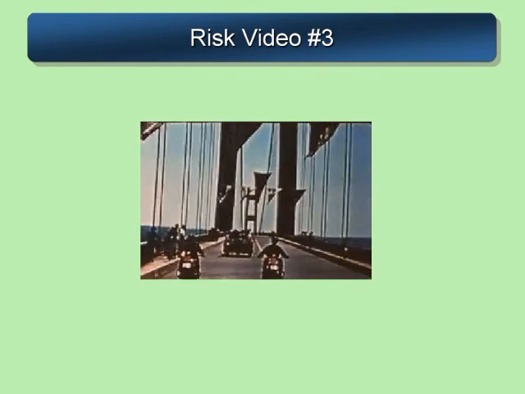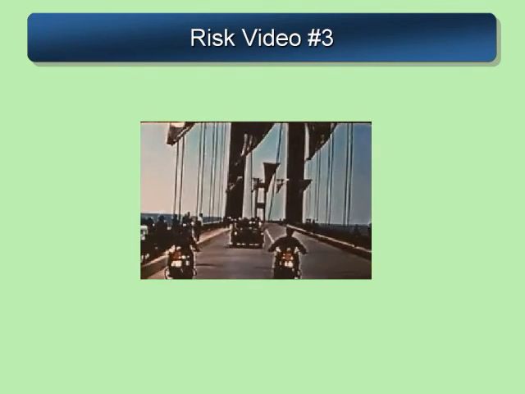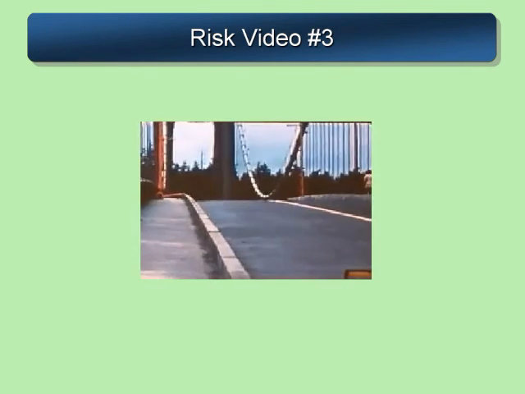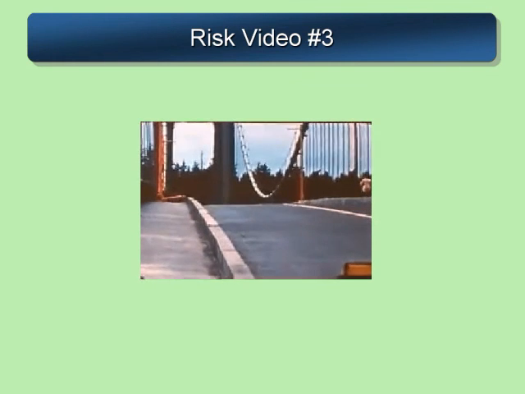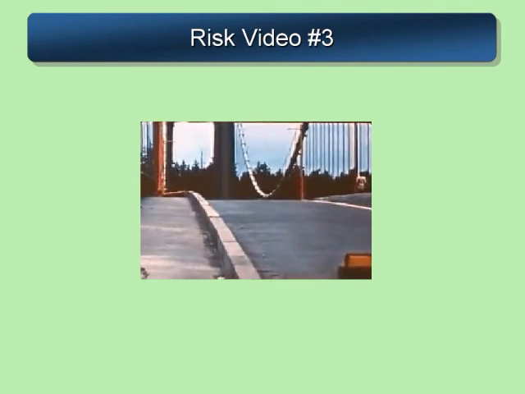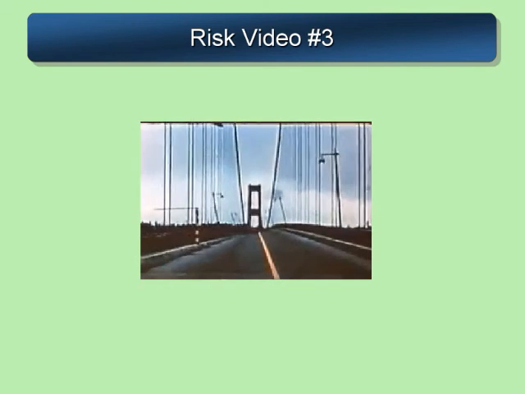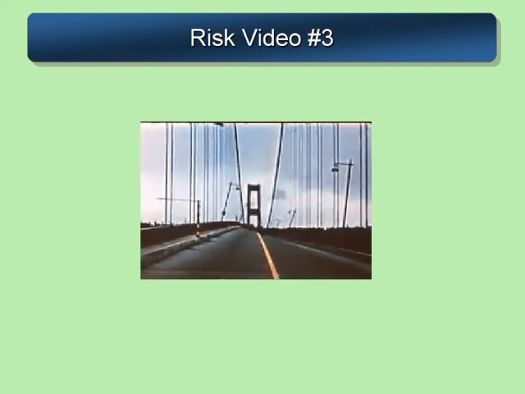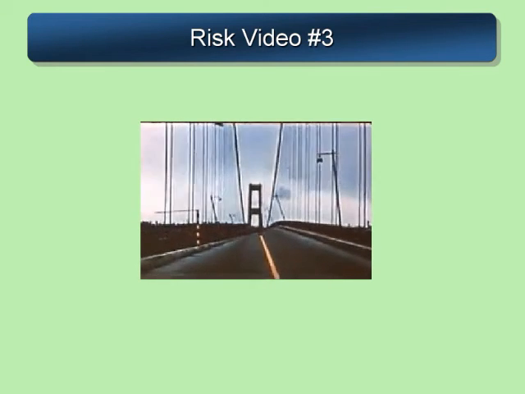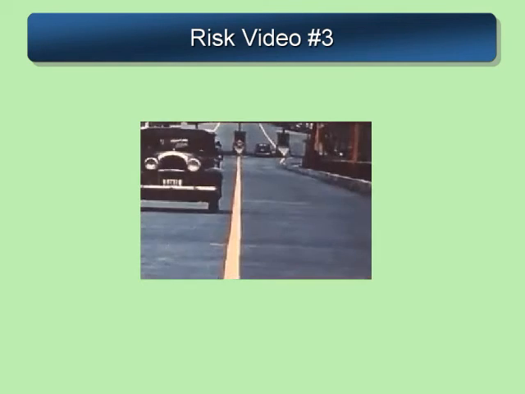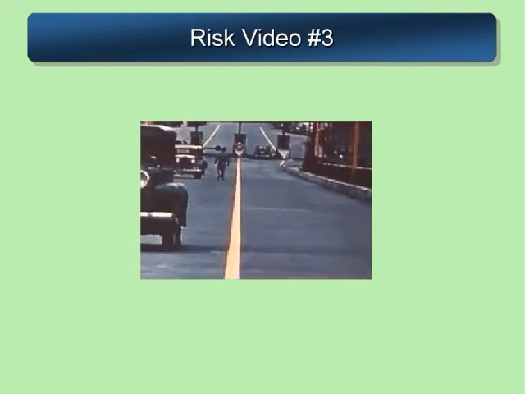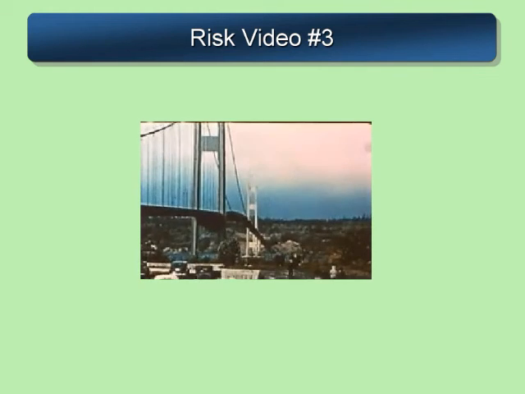This last video clip I'm showing you is of the Tacoma Narrows Bridge out in Washington State. It's a classic video that a lot of engineers get to see somewhere in the course of their engineering career, but I think it does a great job demonstrating this concept we'll see soon in the lecture regarding the likelihood of a risk event happening and the cost of that event.